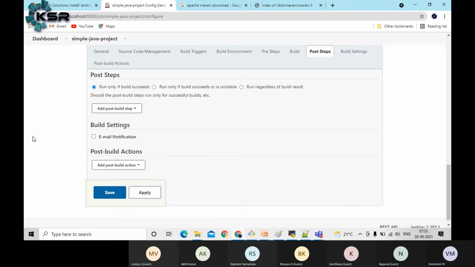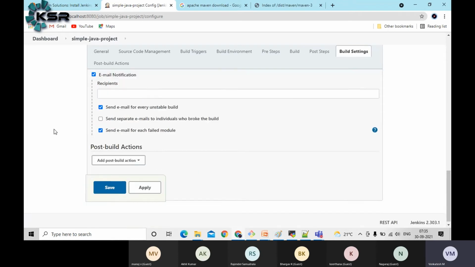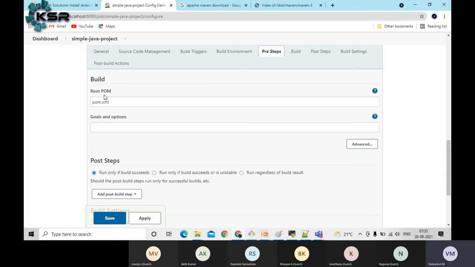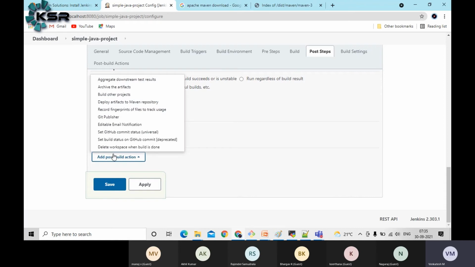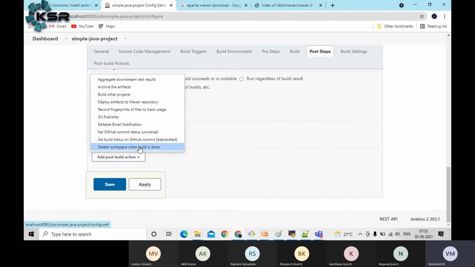Similarly, if you want to send an email notification, you can send it here. Finally, in the post step, the build has executed successfully and completed the Jenkins job. After completion of it, what all things do you want to do? So these are some different options, guys.